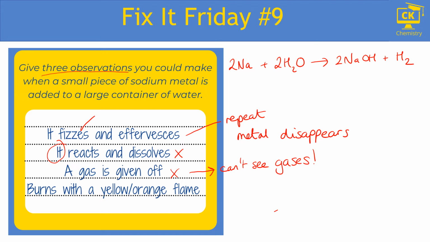Okay, the last bit, everybody learns their flame tests, both at GCSE and at A-level, and we want to get some flame colours in at every opportunity. However, there is some language in this question which deliberately says that it's a small piece of sodium and a large container of water. I don't know if you've noticed that that's how your teacher would normally demonstrate it, with a great big kind of trough of water and the sodium sits on the top and moves around